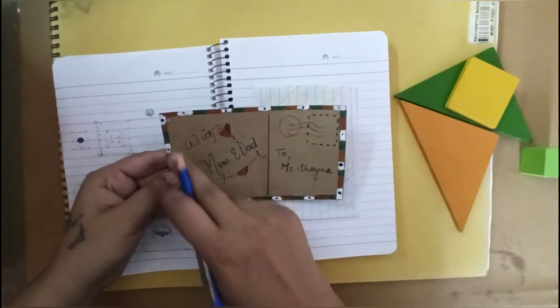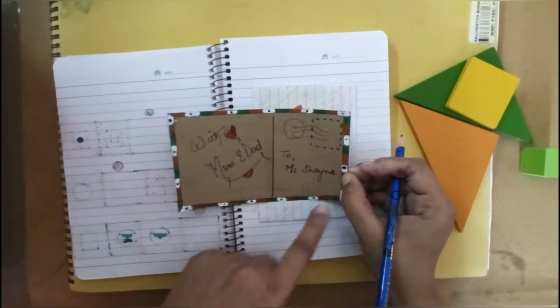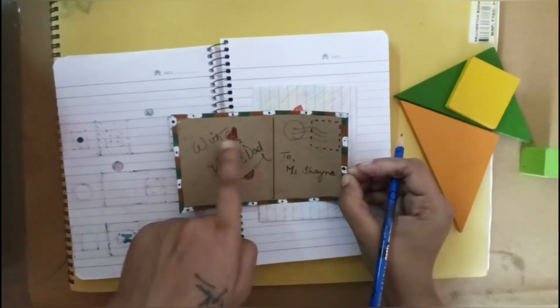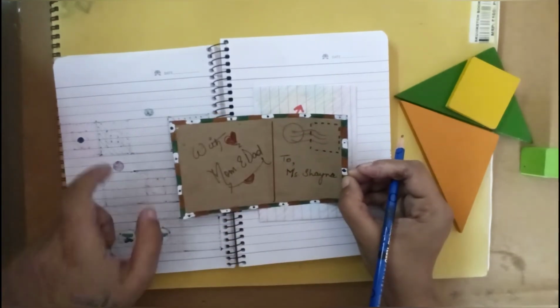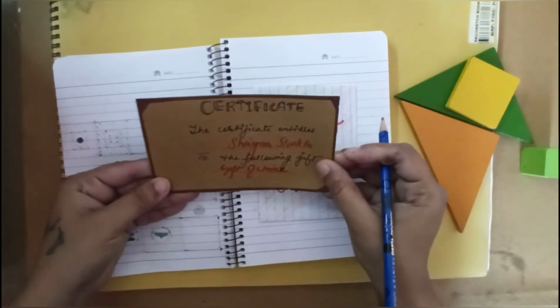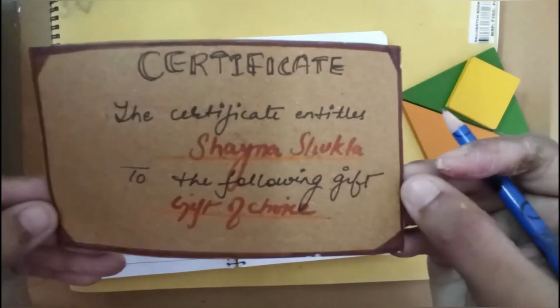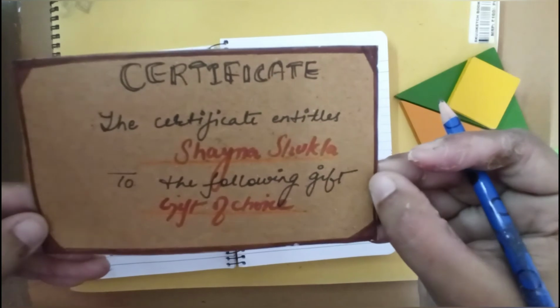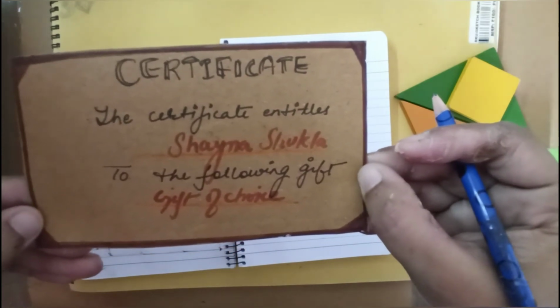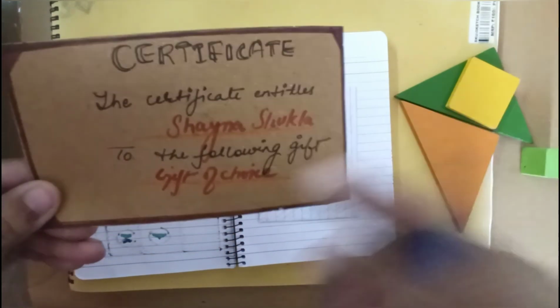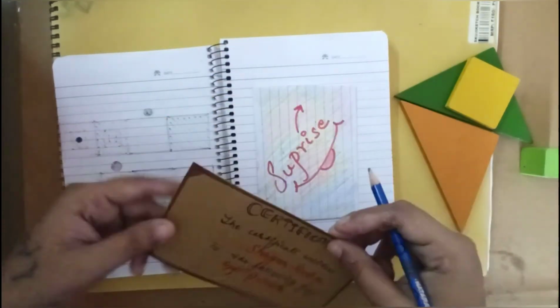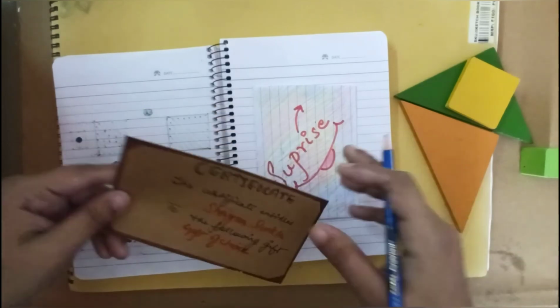It has this Indian flag border over here. I've written to Miss Shaina with love, mom and dad. When she completes all these activities, this is the certificate that I have created. If you see, it's written certificate. This certificate entitles Shaina Shukla to the following gift, and I've written gift of her choice. So once she completes, she can ask me anything. You can put a weekend getaway, an ice cream, or a chocolate, or a toy,